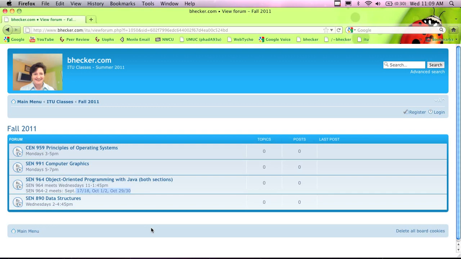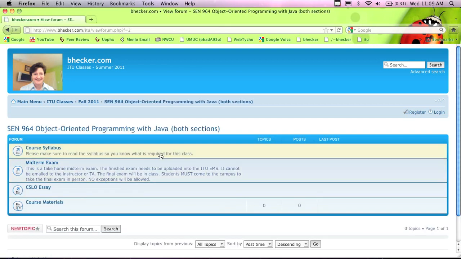And then I also extend the option out for the weekend people to come to the weekday session as well if they happen to. But a lot of the weekend people are traveling, so they basically have jobs elsewhere and they come to campus on only those 3 weekends. So if you click on the link here, it says both sections, so it's the same class, it just has